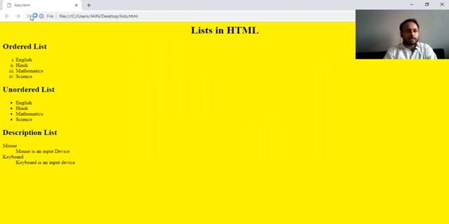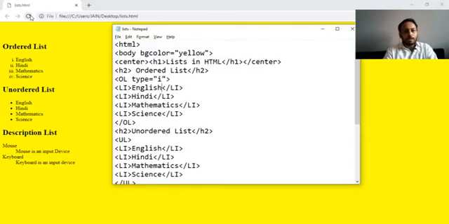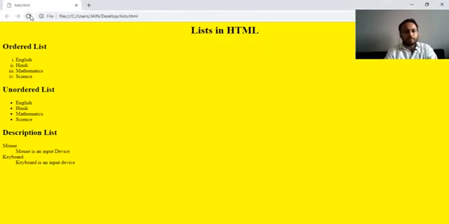Then we can write start equals 9, save and refresh. The list starts with 9. This is the ordered list. So you can write capital I, small a, capital A, and numbers. Numbers are the default, so no need to write them in the type.